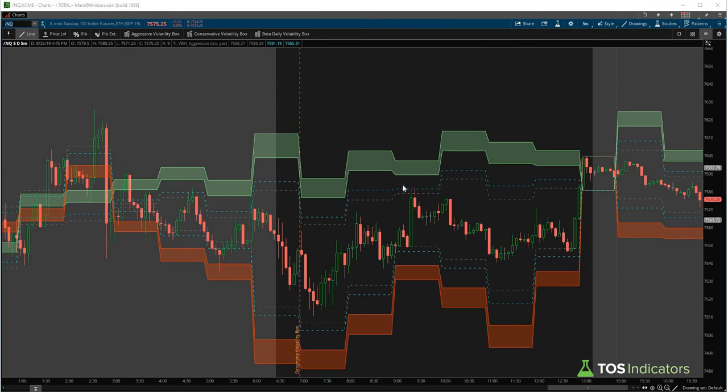Our actual setup came right here where we had an entry to go short with essentially an uprise, and this is where the ticks hit 1,000, and we were able to fade into that strength. Our entry was right at the blue cyan lines. Our stop was outside of the volatility box where we gave it, I believe, 20 points, and our second target